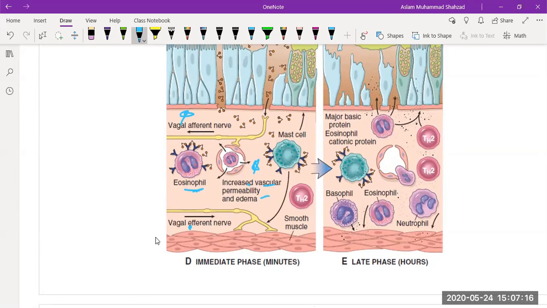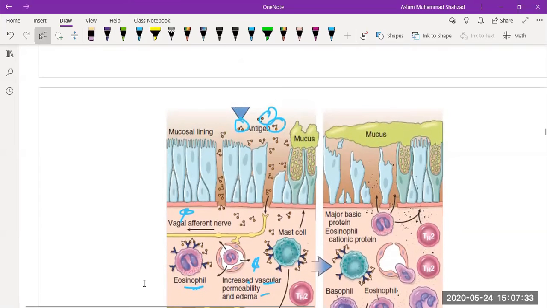Because the message is sent through the vagal afferent nerves, and then it takes time for the brain to send the message back through the vagal efferent. In the late phase, there will be formation of a further immune response. The late phase is more inflammatory in nature, with production of inflammatory mediators such as chemokinins